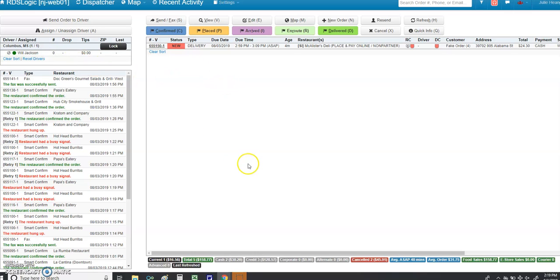And this is the screen where all the orders that come in will appear. So first thing I want you to look at is the order number. It tells you the status, meaning this order is brand new. It came in, we haven't done anything with it yet. The delivery type is delivery. The due date, when we're supposed to deliver the food and at what time. The age of the order, so this order has been in for 4 minutes, what restaurant it came from,